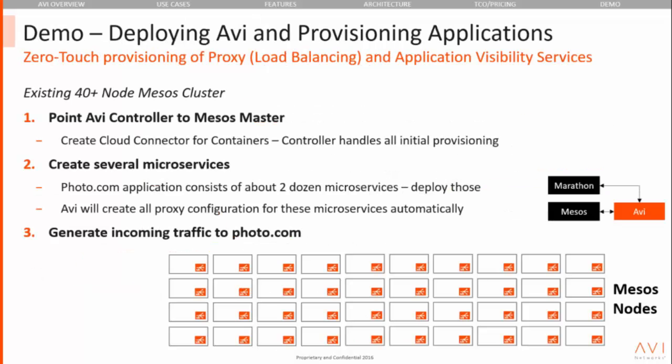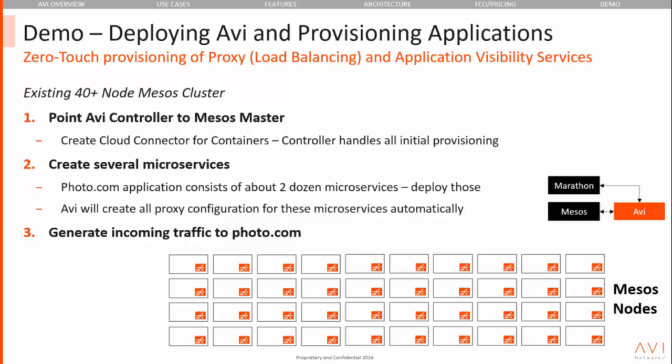So let's cut into the demo. Rang and I will work together and show you a very comprehensive demo of all the things we talked about today. We've got an existing 40+ node cluster here in our data center. You could have this cluster out in Amazon. You could scale it to several hundred nodes, if not several thousand nodes. Fundamentally, what we're going to show you doesn't change. It all scales automatically and natively.